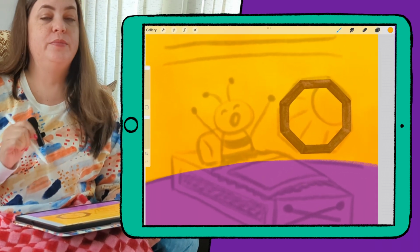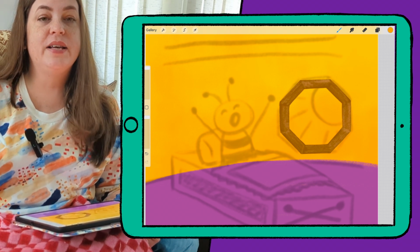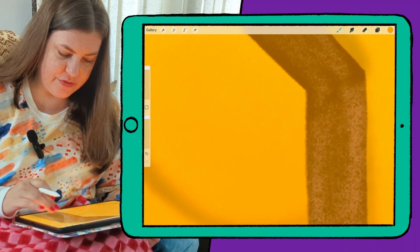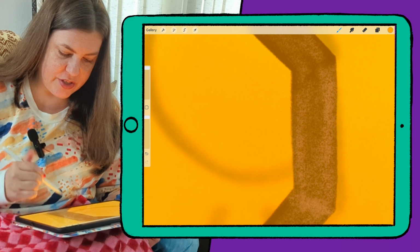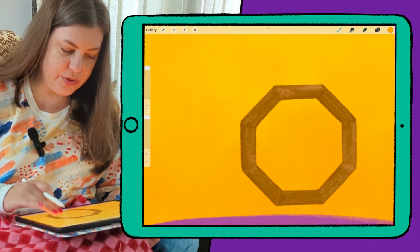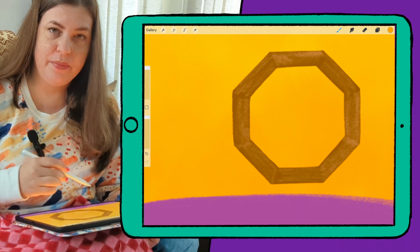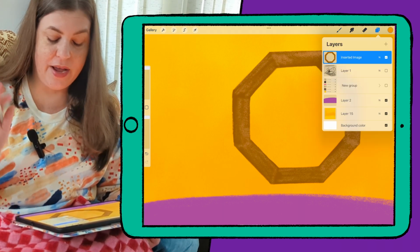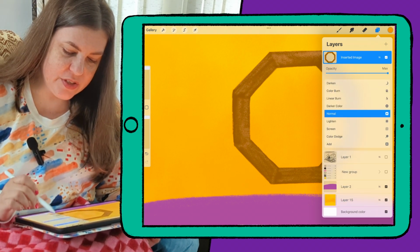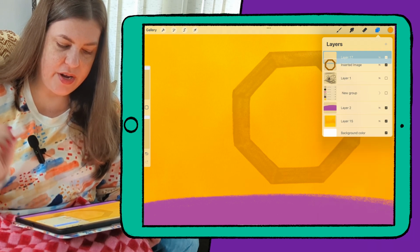Now I did resize this in Procreate, and that's a very bad thing to do because Procreate does not resize well. Even if you're resizing smaller than the original size, it's going to end up blurry, which you can tell, like if you zoom in, see how blurry these edges are? They're not sharp like they usually are when I would draw with the brush. But what I plan to do is I'm going to just use this as a guide because I don't really want it to be a wood frame in her bedroom anyways. I'd rather it be something kind of more maybe modern and like something I would have liked when I was younger. So I'm just going to turn the opacity down, and then I'm going to create a new layer, and